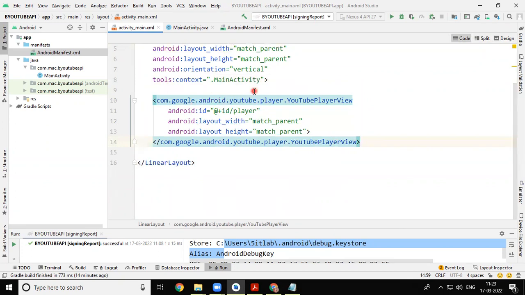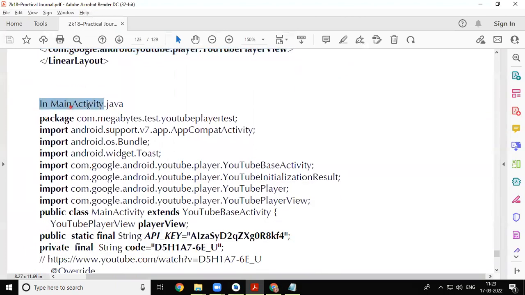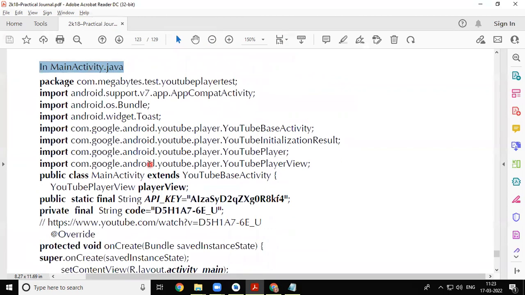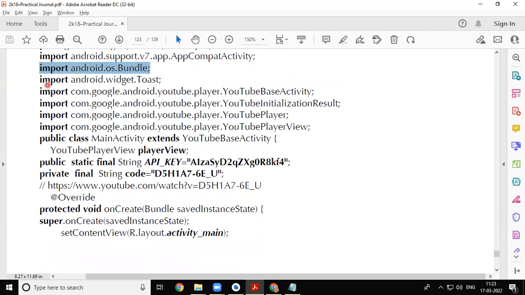Now, what we have to do in main activity.java. In main activity.java, we need to import the required packages. Okay. So what we are requiring, we will require like this one AppCompatActivity already is there. Package is already there. OS bundle is already there. But we have to import widget.toast. We have to import YouTubeBaseActivity. We have to import YouTubeInitializationResult. We have to import YouTubePlayer. We have to import YouTubePlayerView. So all these other than toast are packages imported from